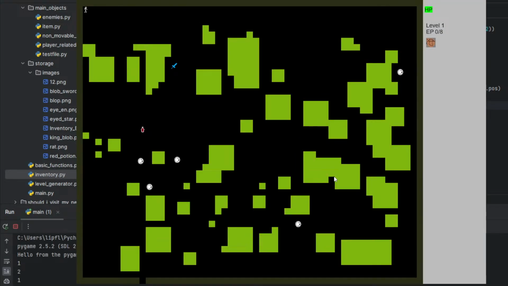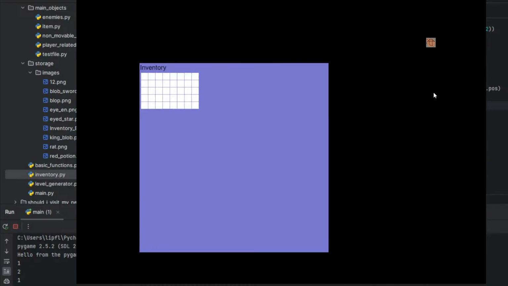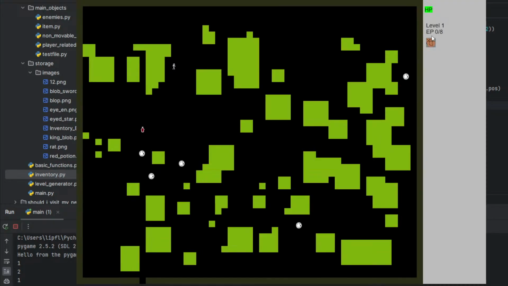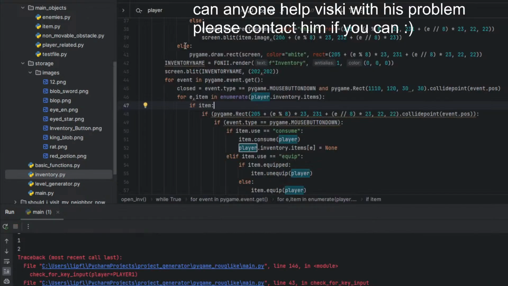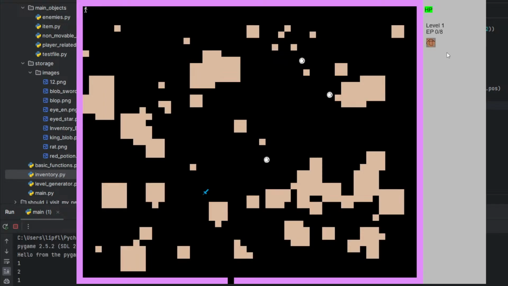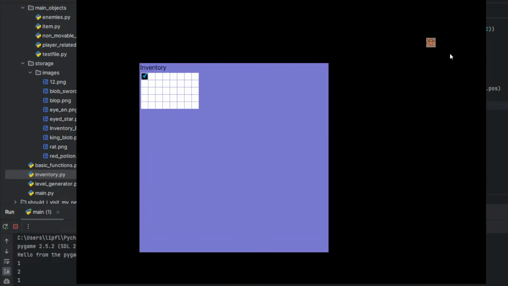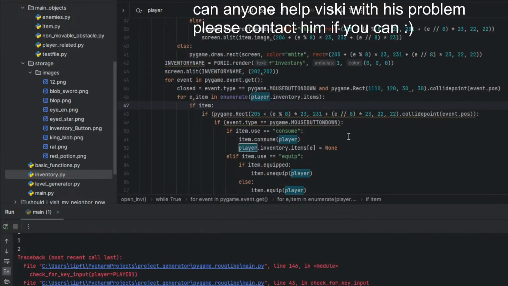Let me see, I want to see why exactly he will be here. Okay, so that's interesting. This is the forbidden zone.